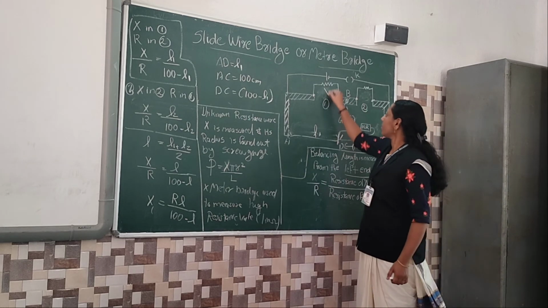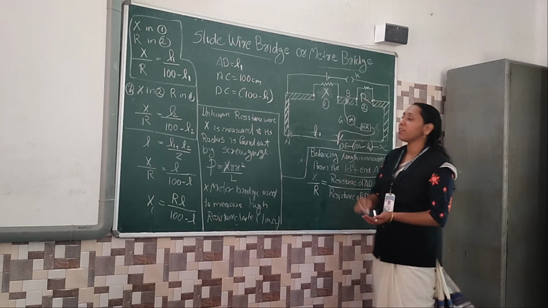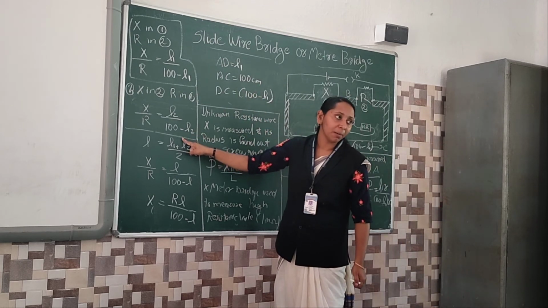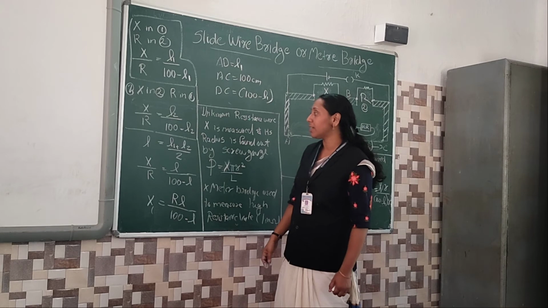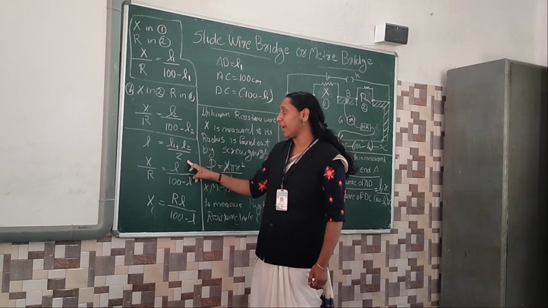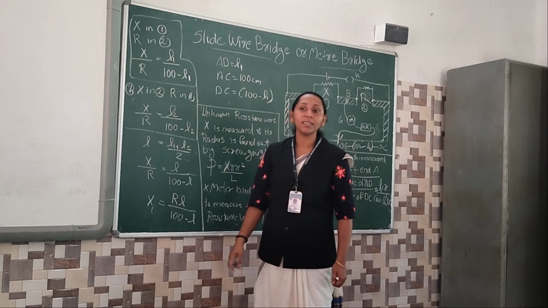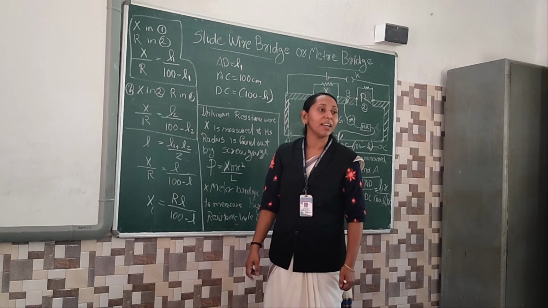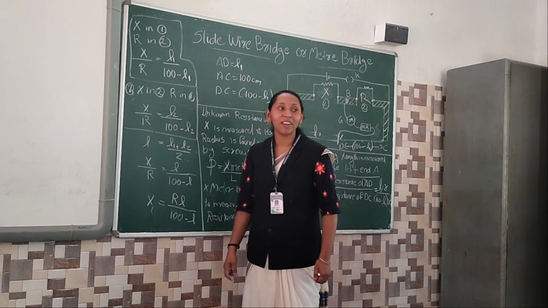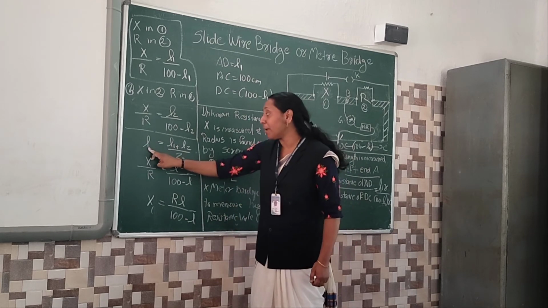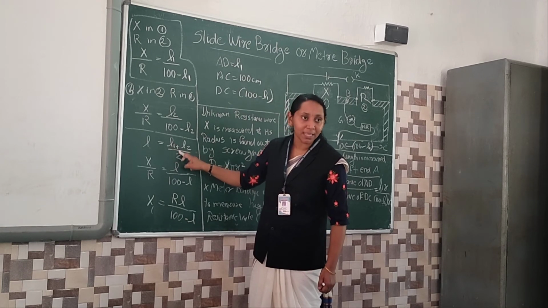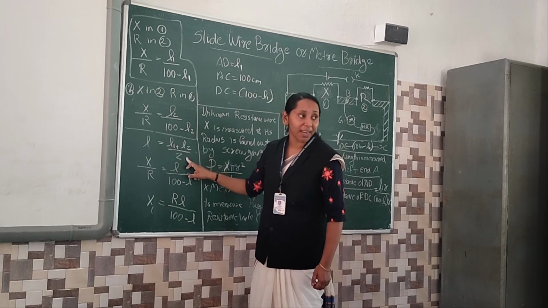So I am just explaining to you, that's the reason we should write L2 divided by 100 minus L2. Clear everyone? Okay, then after that we should consider what is the total length. L1 plus L2 divided by 2, that is called the total length. Why divided by 2? We should find out the average of the length. That's why L means L1, that means balance length, plus balance length divided by 2.